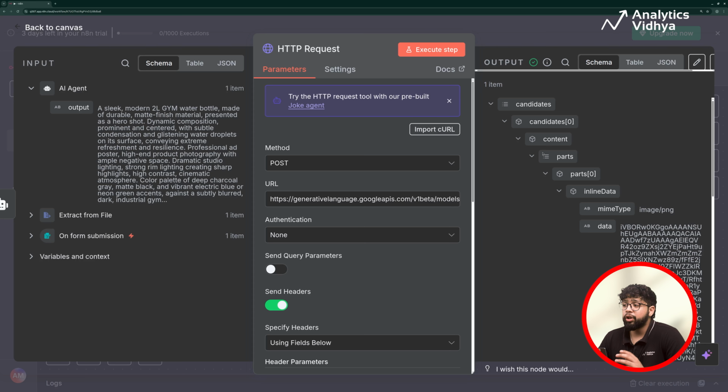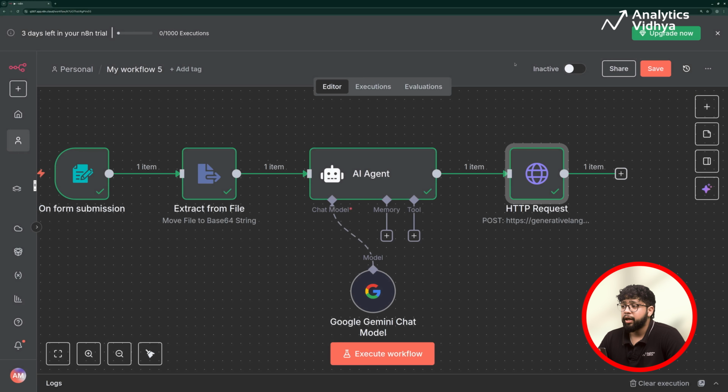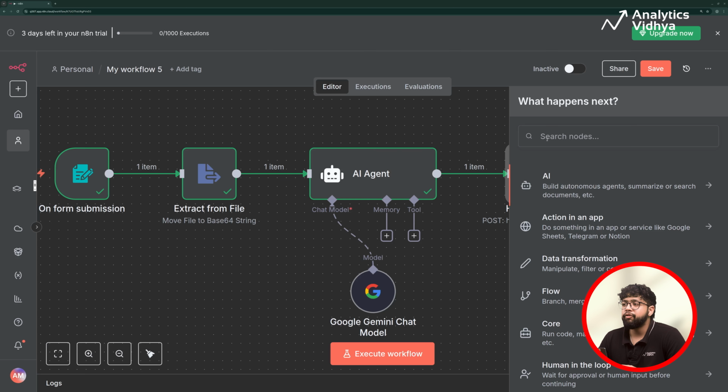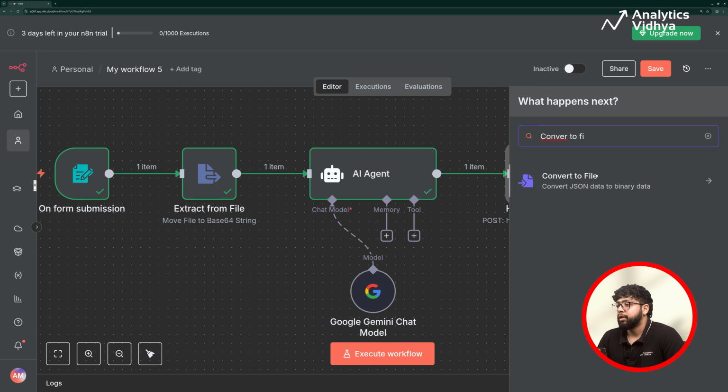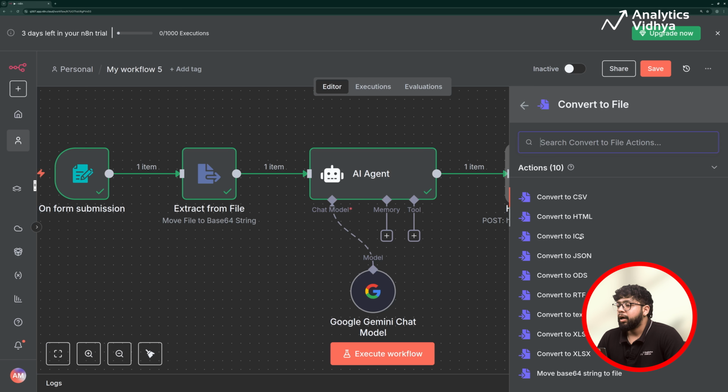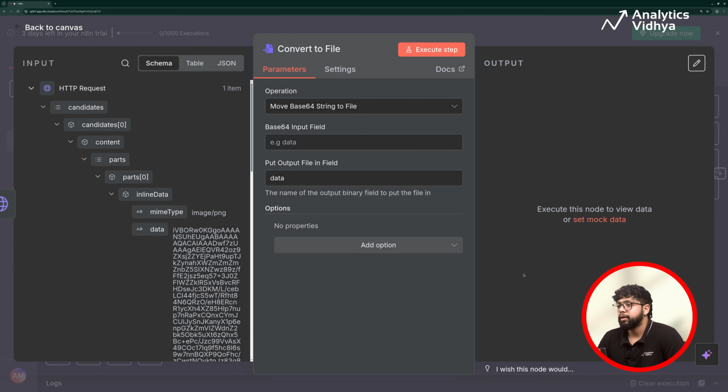Now, you can see we got the data, but we can't see the image. That's because we converted the image file into base64 string. Now we need to convert the base64 string back to the file. For that, we'll use the convert to file node. And we'll select move base64 string to file. And it is asking for base64 input field. Here's the data and we'll just drag and drop it here